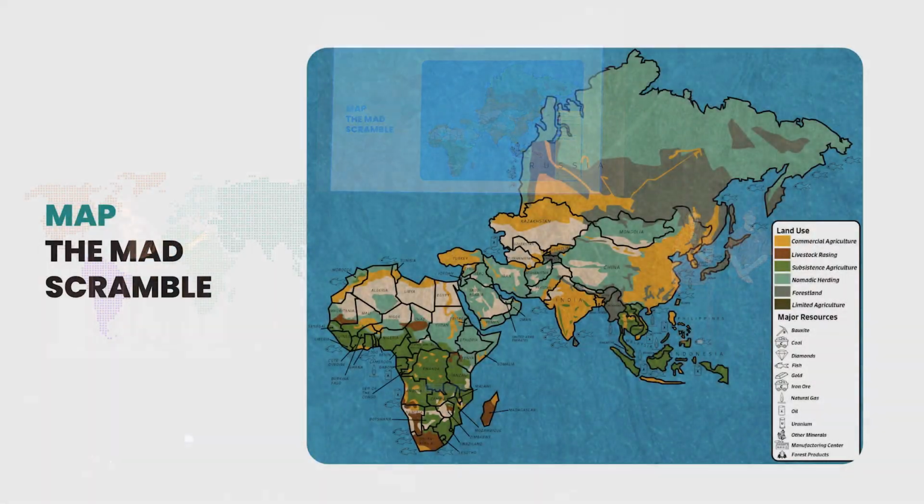The map for our simulation was a group effort. I started out by creating the outlines for Africa, then I passed it on to Trevor for touch-ups before sending it to Cameron to color.